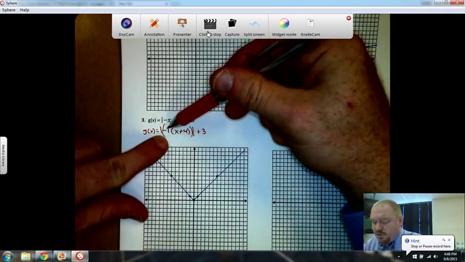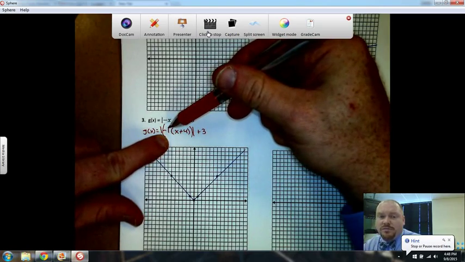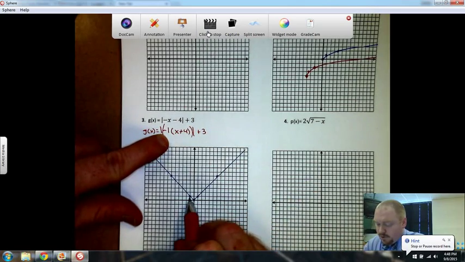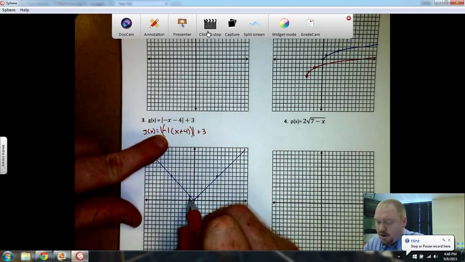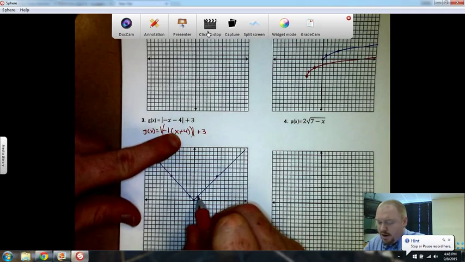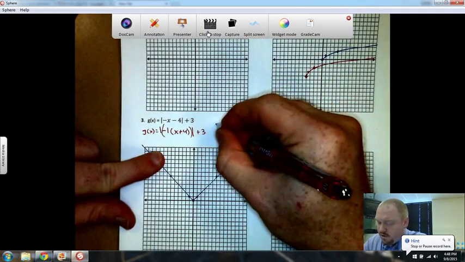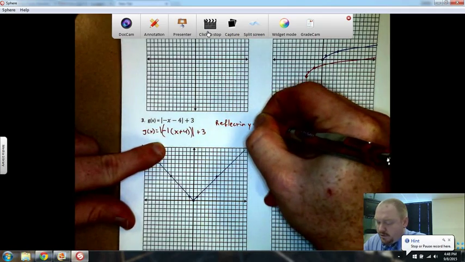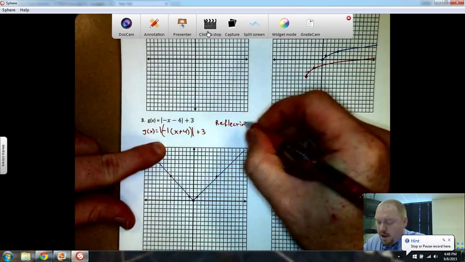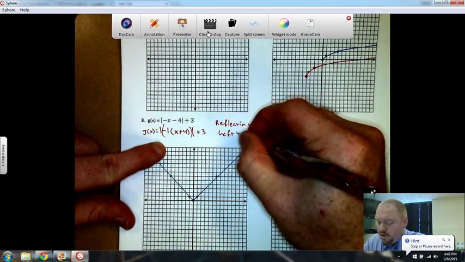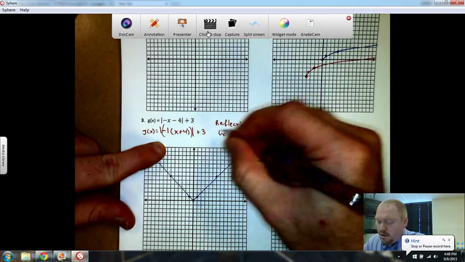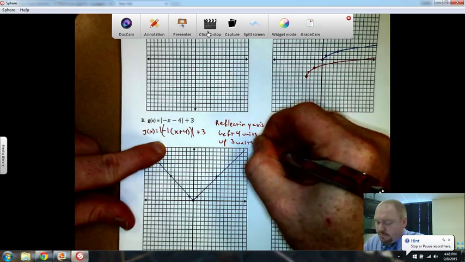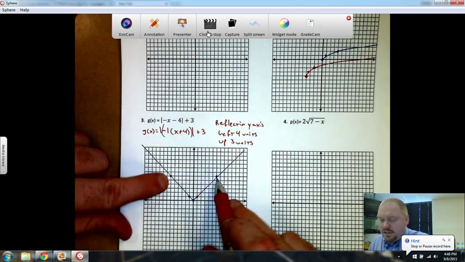So first thing I'm going to do is I'm going to reflect in the y-axis. Well, -1, 1 gets flipped over to +1. Okay. I'm going to reflect in the y-axis. I'm going to go left 4 units. And I'm going to go up 3 units. So, since these were just to help me draw better, I'm not even going to